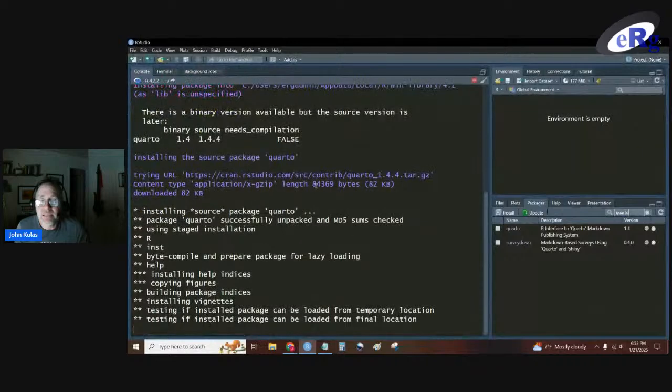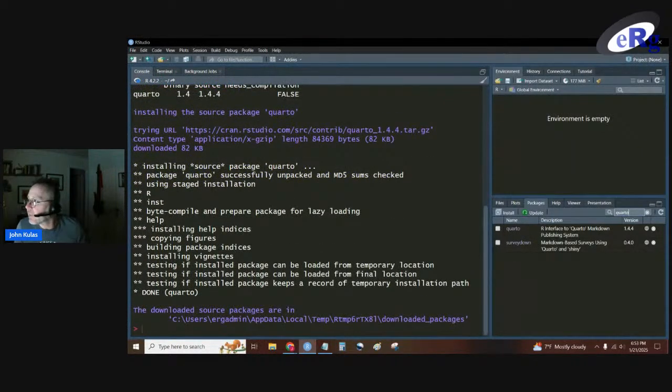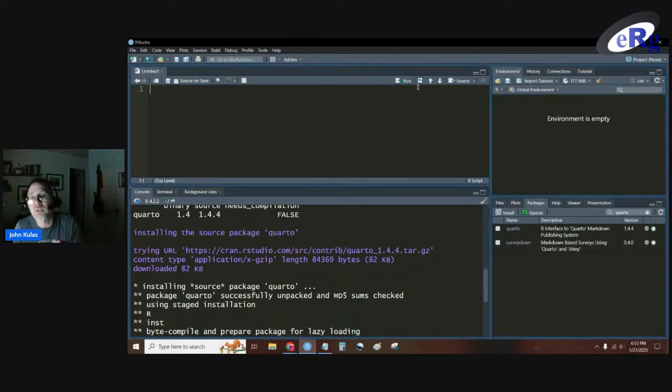And this doesn't have the full capability and functionality of Quarto itself. This is just going to do things like create some shortcut options on my toolbars. So where I have this run option now, I'll have a knit or a render button.